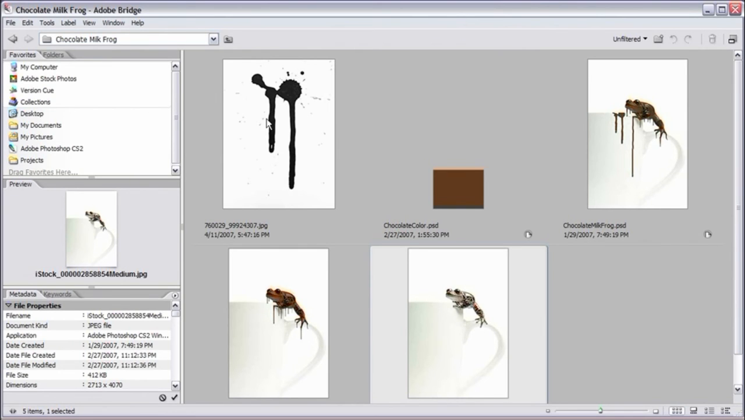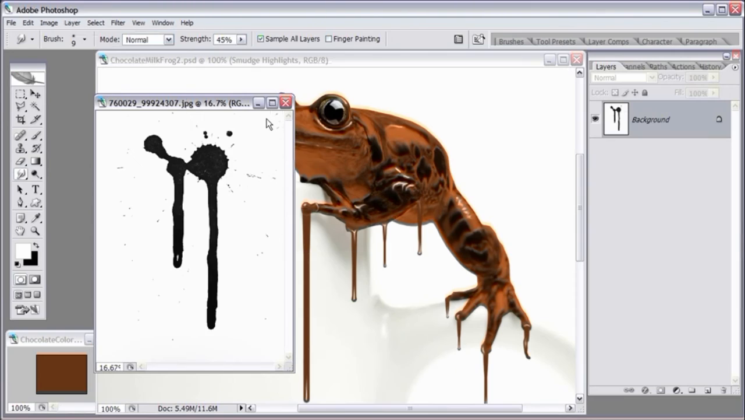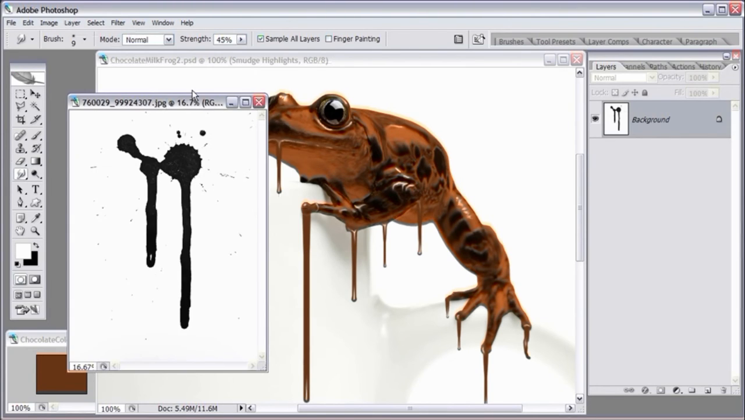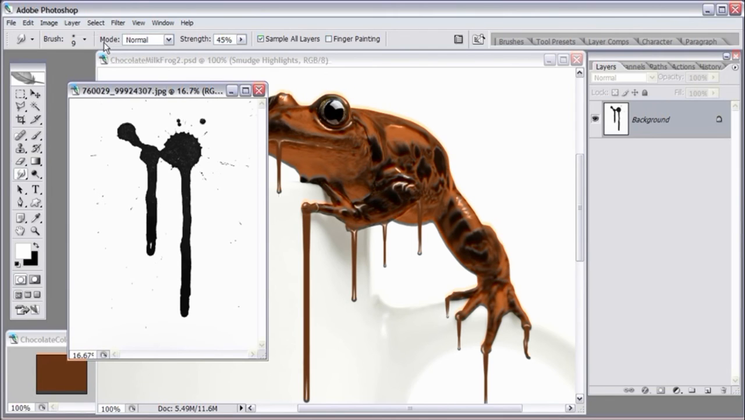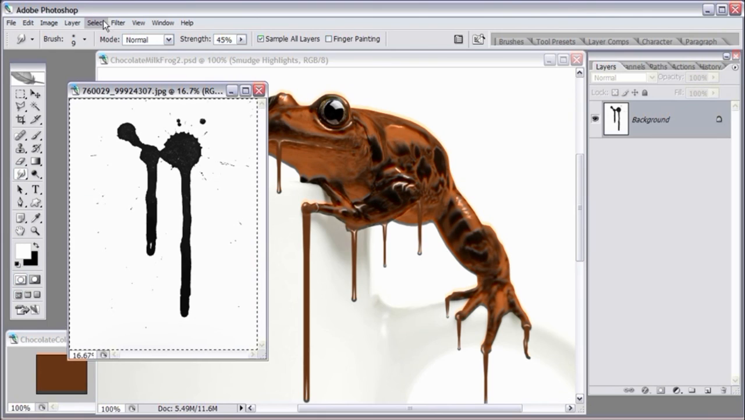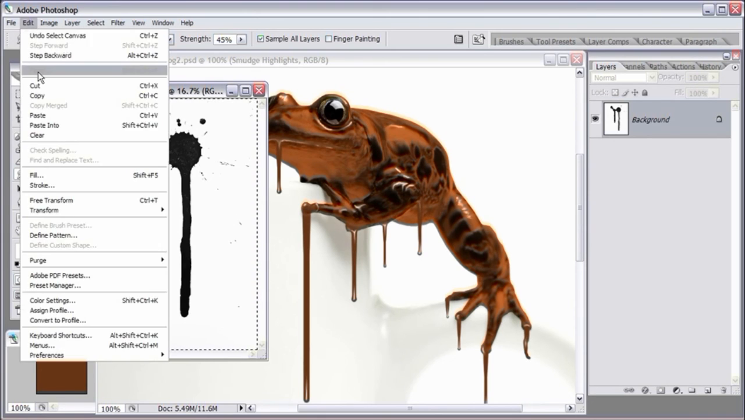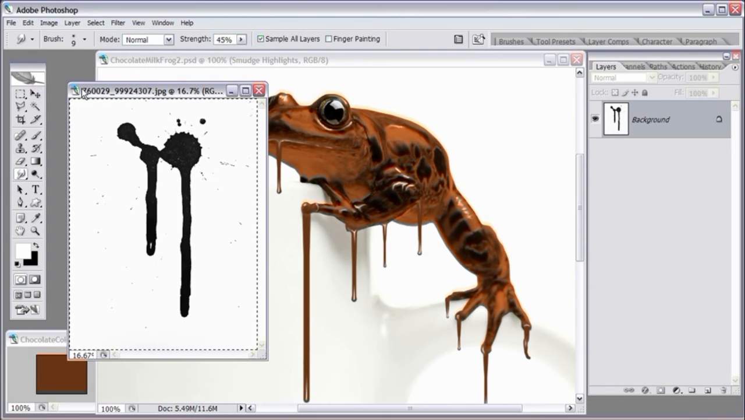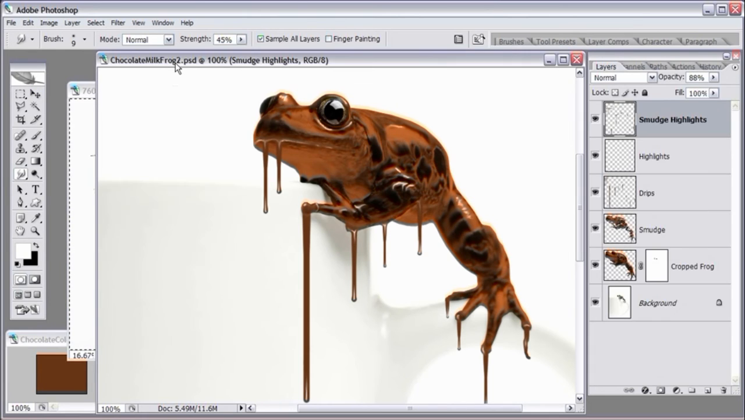What I'm going to do is double click on my splat image here. And I'm going to come up here to select all and copy that into memory. Well, I haven't copied it into memory yet. I'm going to go to select all. Then I'm going to come over here to edit, copy, then switch over to the chocolate milk frog